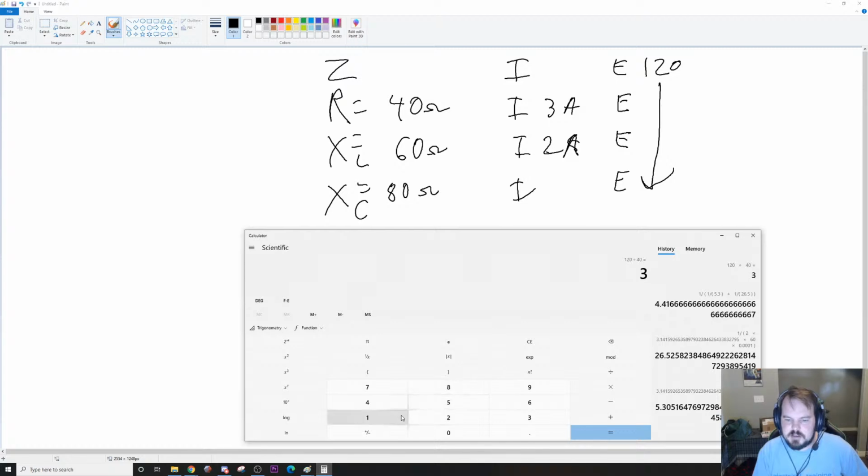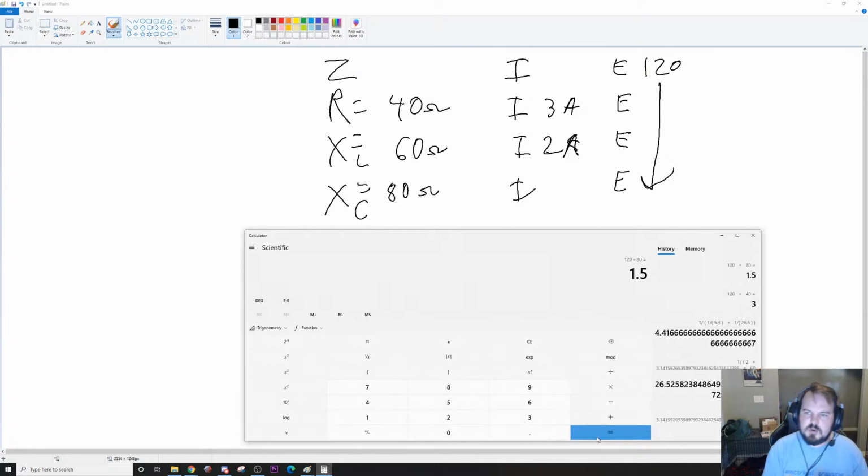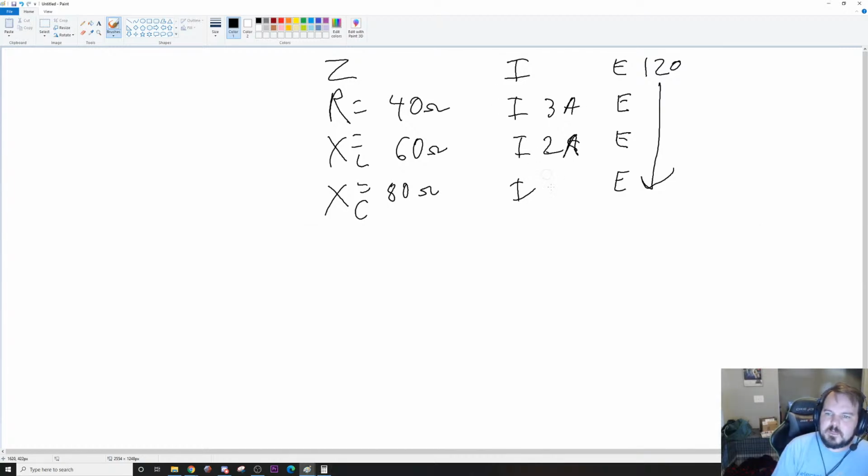And 120 divided by 80 is 1.5. So we have 3, 2, and 1.5. X of L and X of C cancel each other out, though. So 2 minus 1.5 is